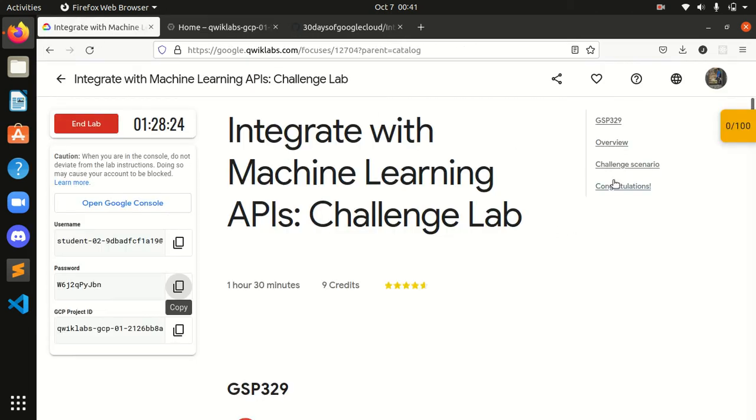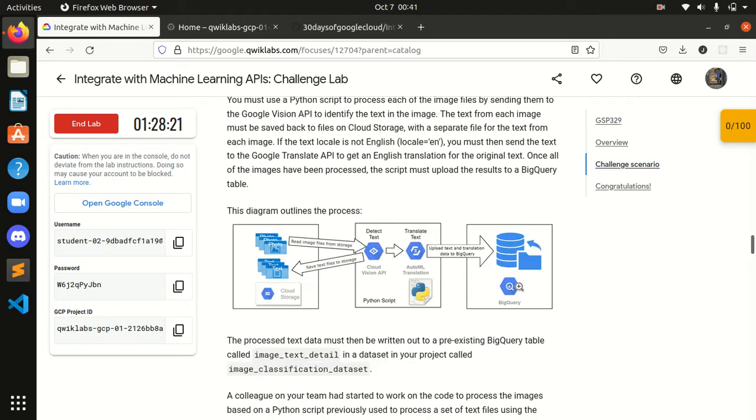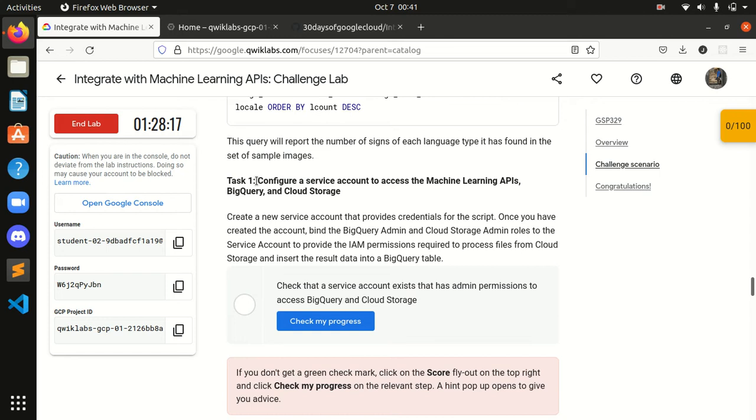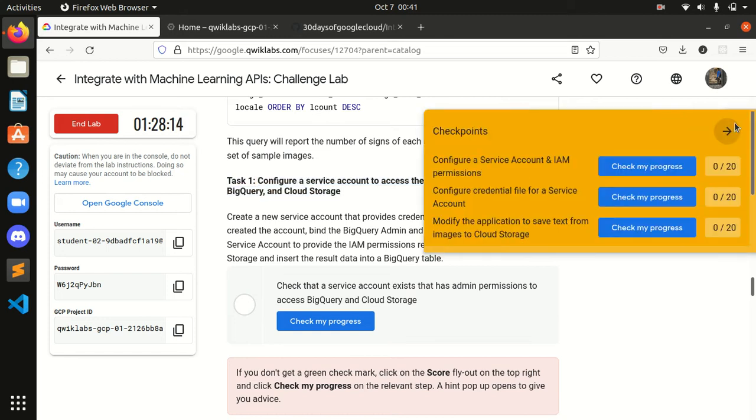So let's see our first task in the challenge scenario. Task 1, configure a service account to access the machine learning APIs. Okay, there are only 3 tasks, right?